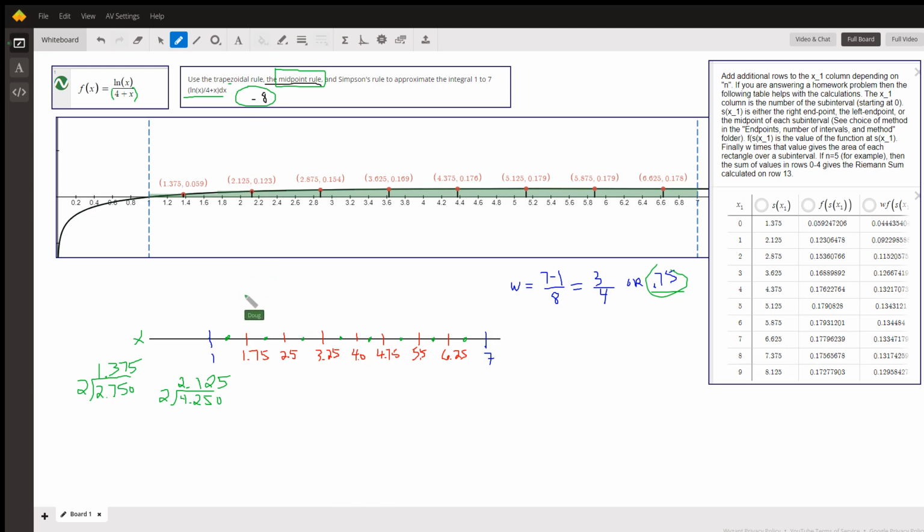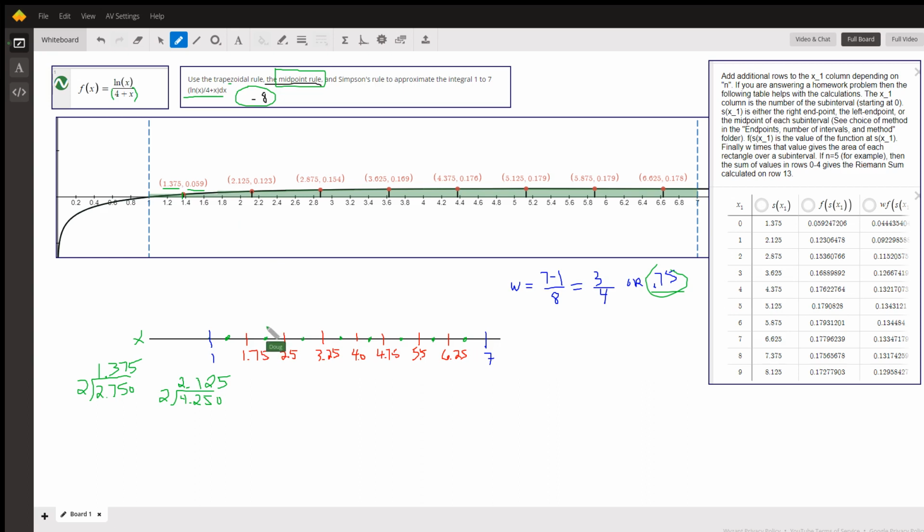And then we're using the midpoint rule, so we want the midpoint of each of these subintervals. We can find the midpoint by taking the average of each endpoint. So 1 plus 1.75 is 2.75 divided by 2, 1.375. That's what this number is right here. That's the midpoint of the first subinterval. Now the height of that rectangle will be found by plugging this number into this function. So we want to find f of 1.375, and it turns out it's